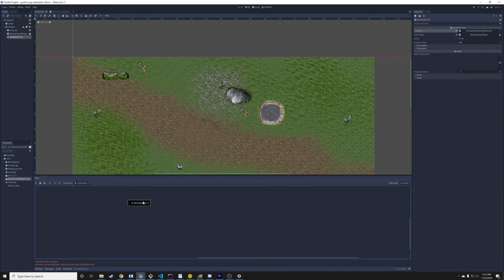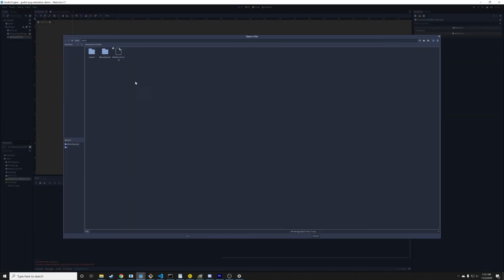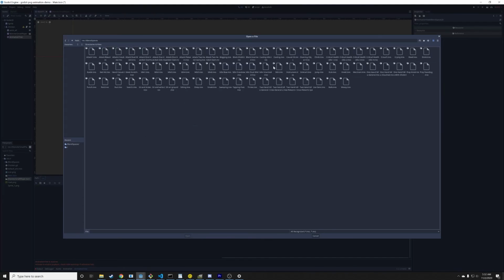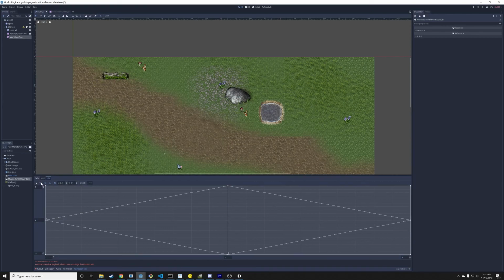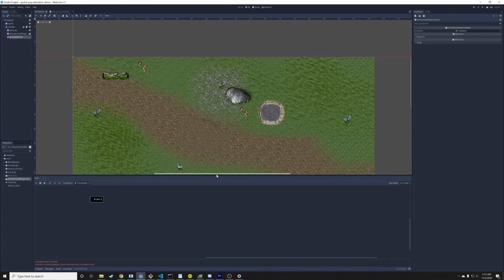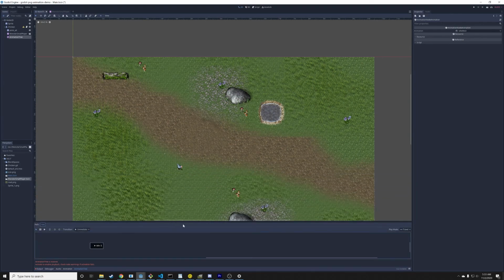I'm going to cheat because I've generated all these as well. Another part of my script generates 2D blend spaces that represent all of the actions that you might want to have. So instead of creating the new 2D blend space, I'm just going to load these 2D blend spaces, which I've already put in here. I'm going to load one for idle. I do need to rename it. And now when we look at this, we'll see that I already have all these points in place. And they do correspond with the idle animations. So that's great. Now we have something that can at least let us handle our